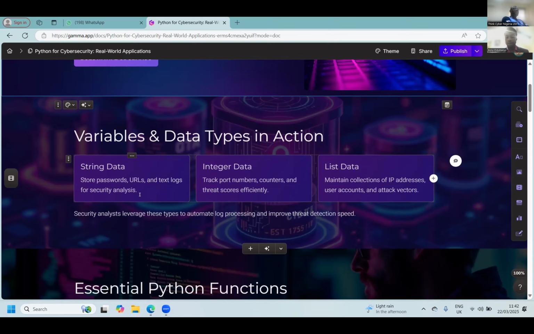And we can use integers. We can store integers as port numbers, counters, threat score, efficiency, different things that we can store integers as. Another data type that we have is list. And so this basically maintains collection of different things that you store all into one. Now, I'm going to show you the use case for each and every one at the end of it, but